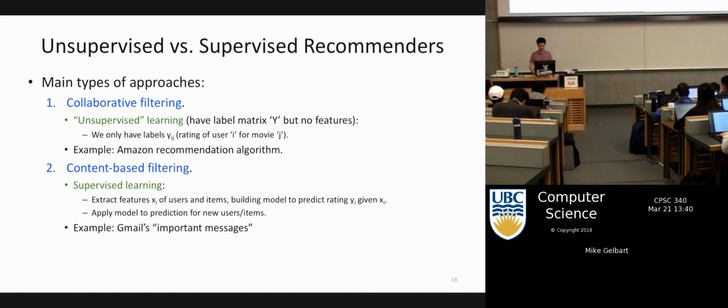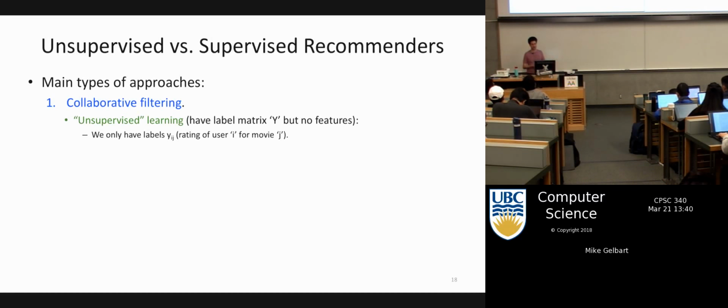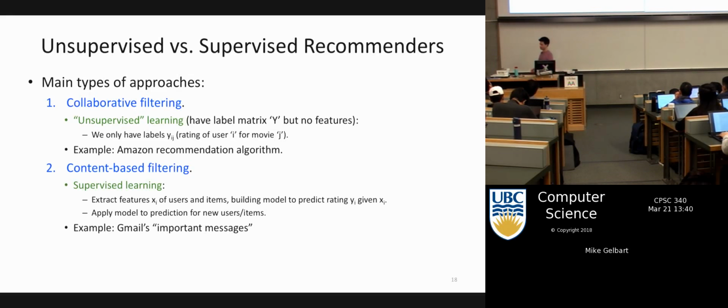We talked about this unsupervised approach. We just have this big Y or X, whatever you want to call it. We just have this big sparse matrix with ratings, and we want to predict stuff. But there's a completely other approach to recommenders,